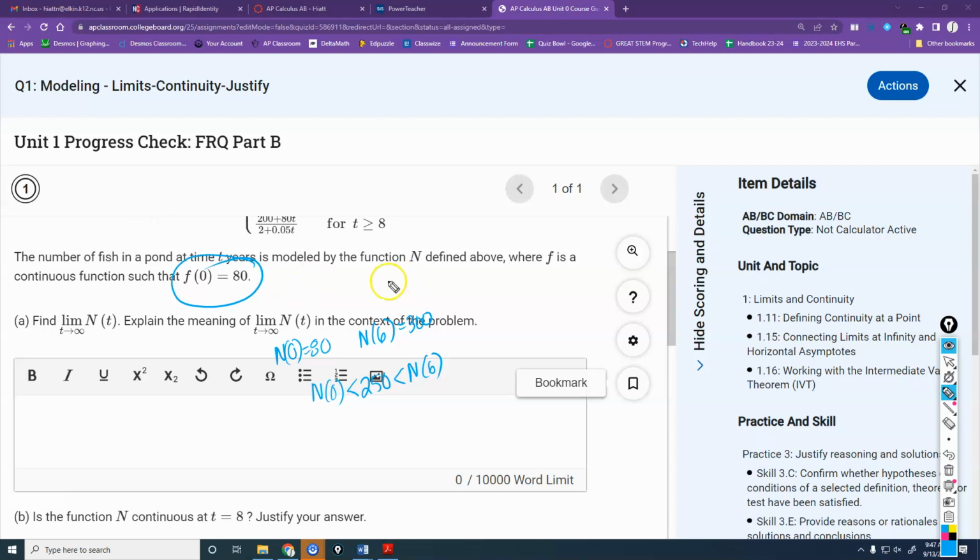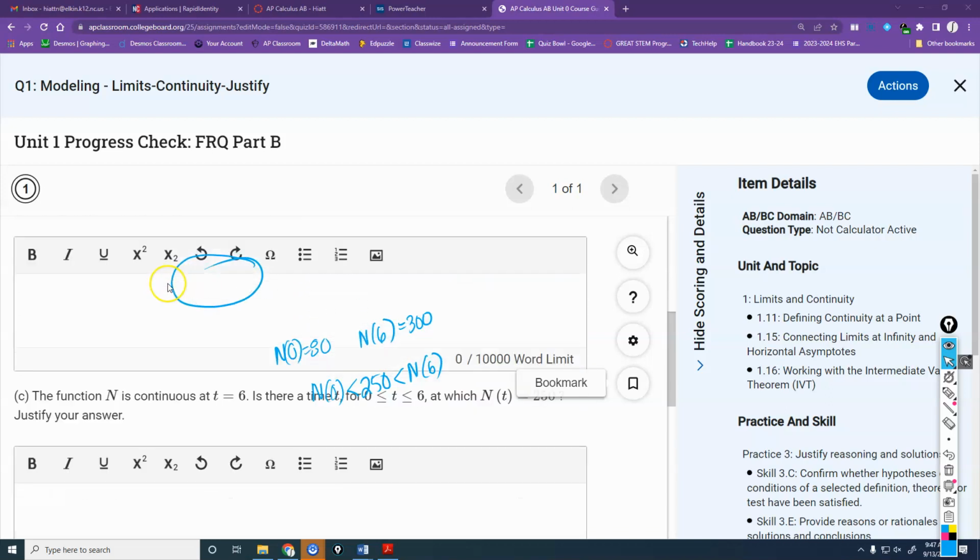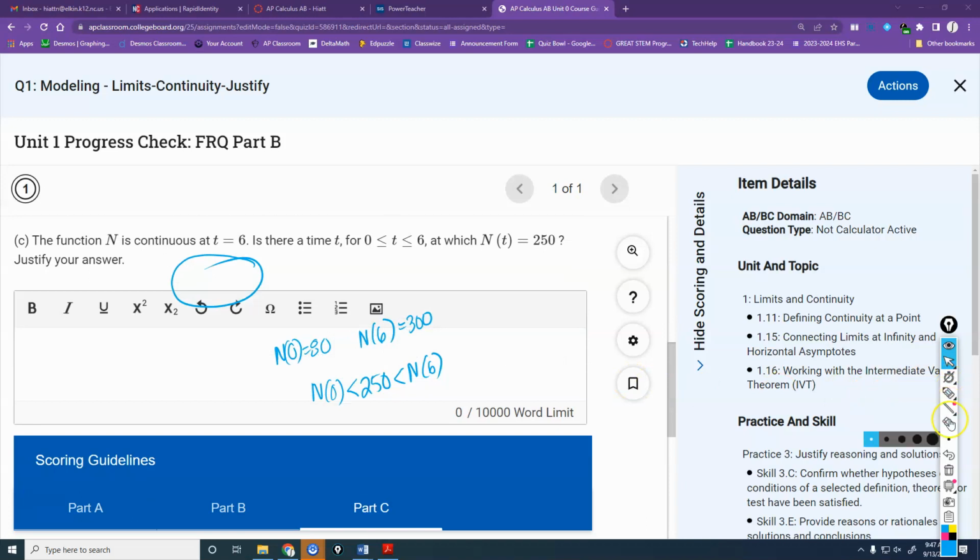So F of 0 is the same as N of 0. Yes, because N of t equals F of t at 0. So N is F from 0 to 6 anyway. Yeah. It gets confusing when they get to me a lot. Yeah, they go a little crazy sometimes for that. So if you